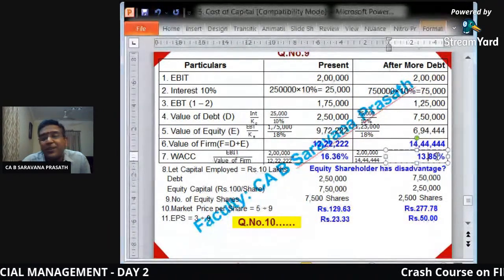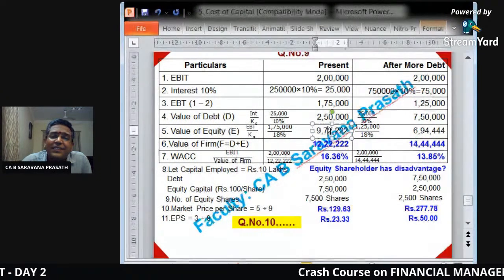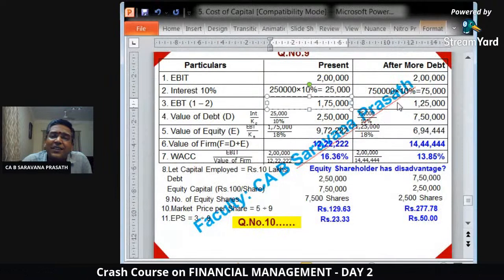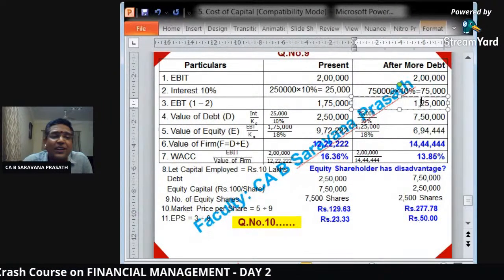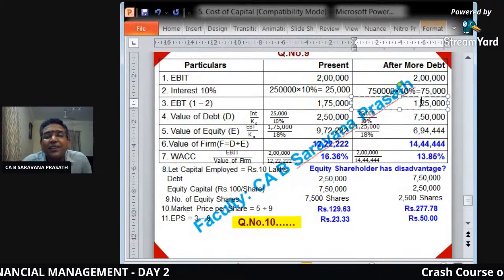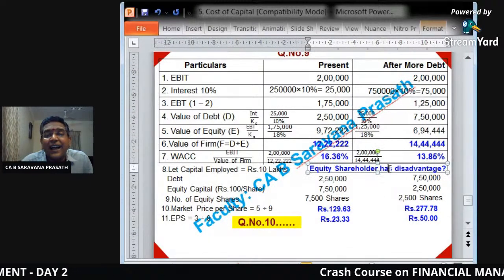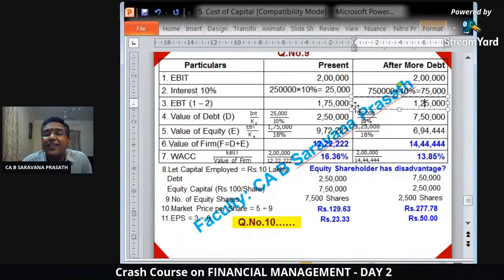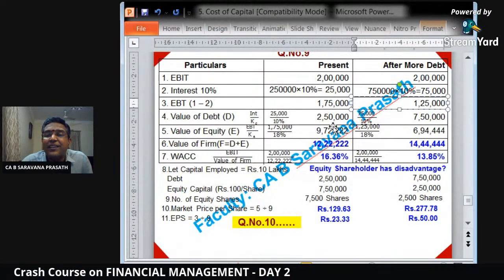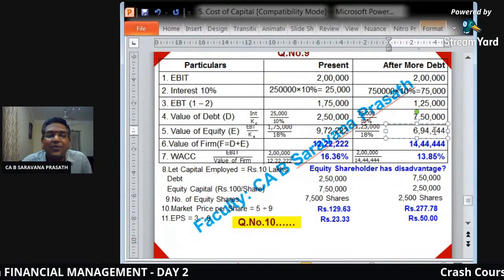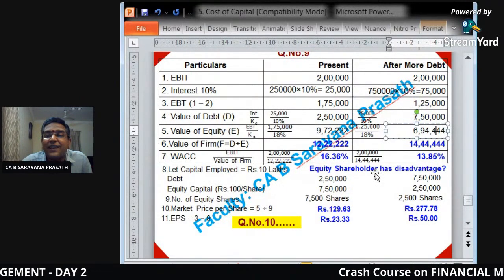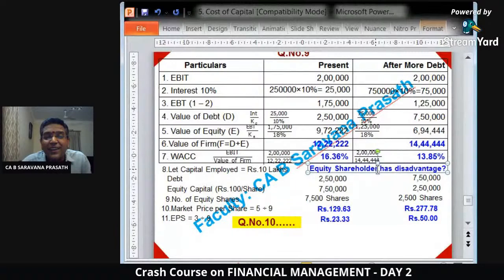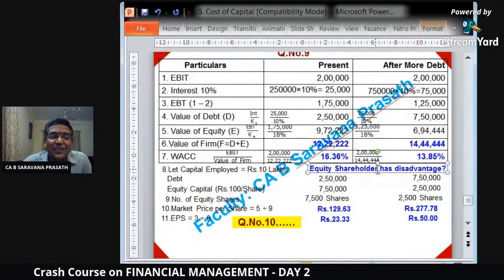Now a related point: you look at 972 versus 694. You look at 175 versus 125. If you look at the amounts, it will create an impression as if the equity shareholder is at a disadvantage, because the amounts are lower: 175, 125, 972, 694. But actually, it is the other way around. The equity shareholder is in fact